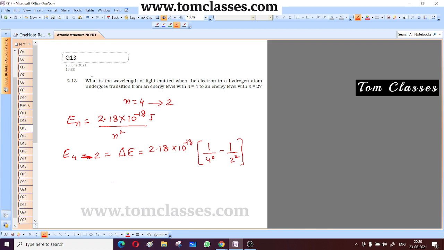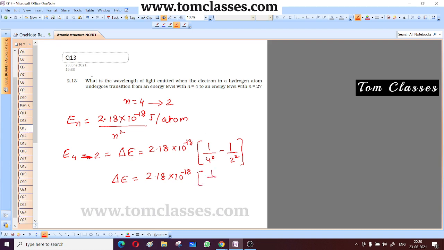Okay, so what has to be this value? So you can say 2.18 into 10 to the power minus 18. Here remember that you have to take the energy value as joule per atom, right? So you shouldn't consider joule per mole. If the ionization energy is there, in that case you can look at it per mole, depending on how much he is asking. But here you have to be very clear that he is asking per atom, for the hydrogen atom, so we have to take the value of the energy expressions accordingly.